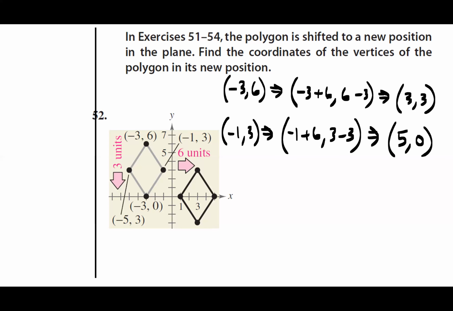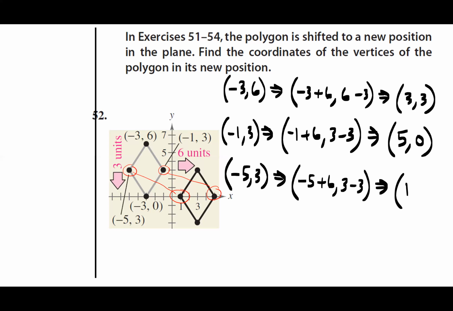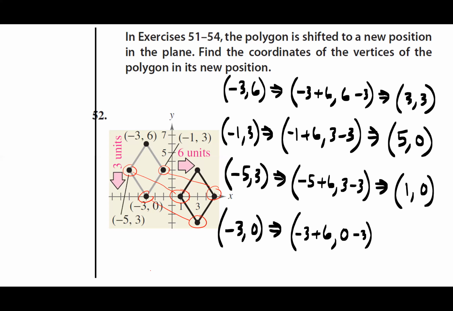So -1, 3, this guy here gets transferred to here. So that's 5, 0. Let's see, this one, which is -5, 3, should be transferred to here. So -5, 3, again, adding 6 to it, subtracting 3 from the other one, and we get what we want, which is 1, 0, and we verified by the graph itself. Good, pretty easy stuff. And last one, the bottom should be -3, 0. Let's see, adding 6 to it, subtracting 3, and voila, we should wind up with 3,